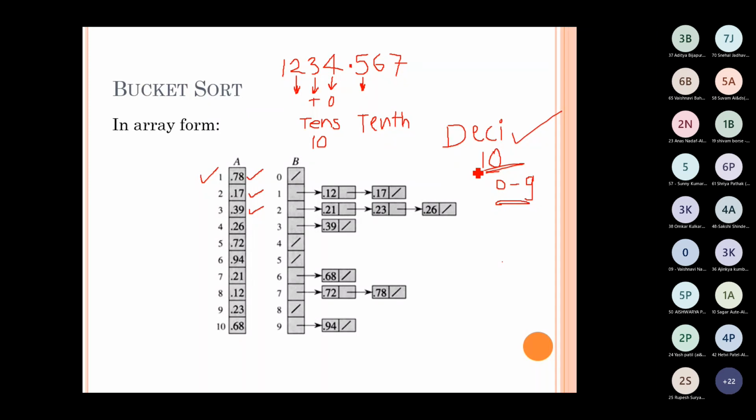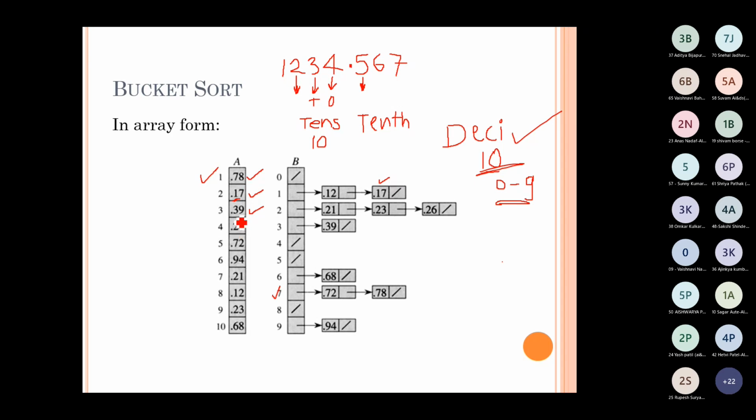Okay, I will ask you this again after completion of this example. So here consider the 10th place value 7. First number, its 10th place value is 7. Put it here in the bucket number 7. Then next number, its 10th place value is 1. Put it in the bucket number 1. That means ये number को कहाँ डाला, bucket number 1 में डाल दिया.